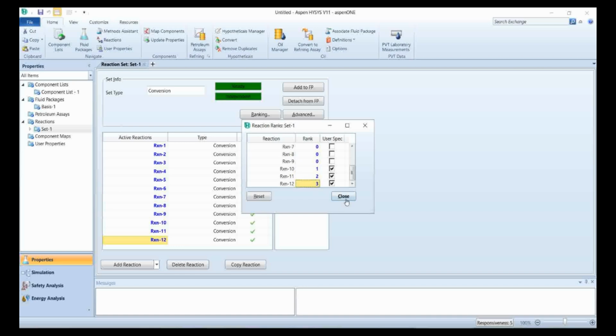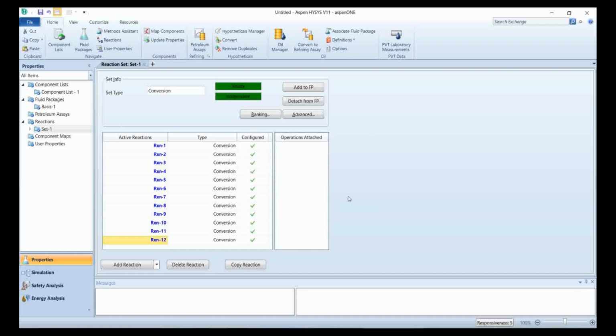So we will rank these reactions, and all other reactions are independent. Now our reaction set is ready for use.